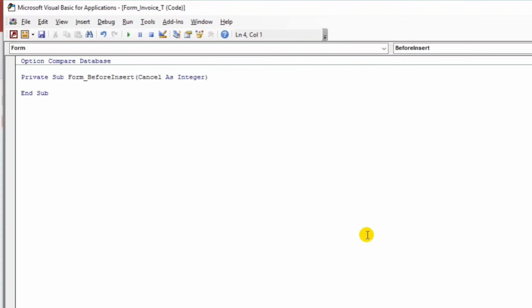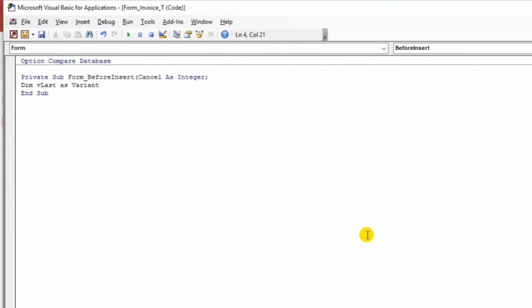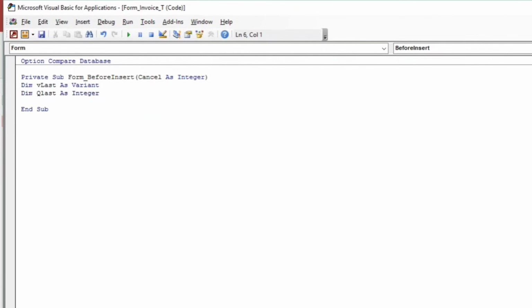So let us type this simple code, guys. Dim vLast as Variant. So variant meaning to say there's no specific data type. Okay, and then another variable, Dim qLast as Integer. So this is a number. Okay, and then